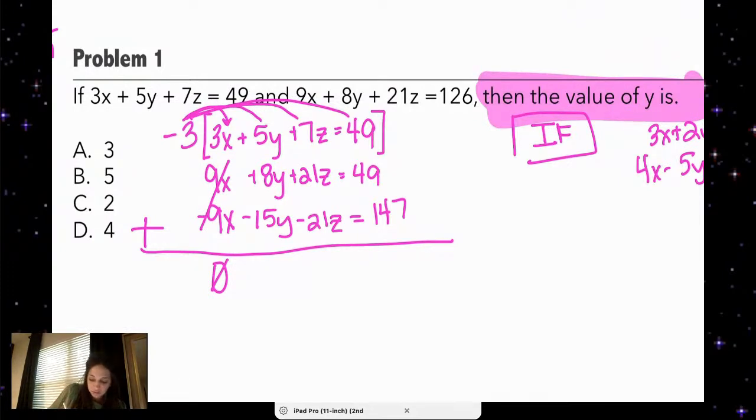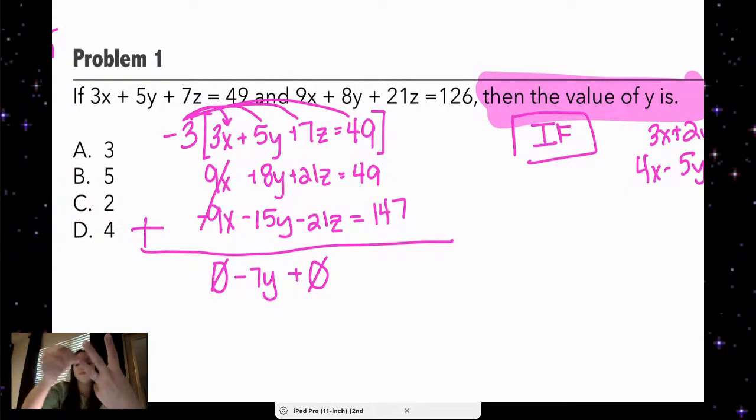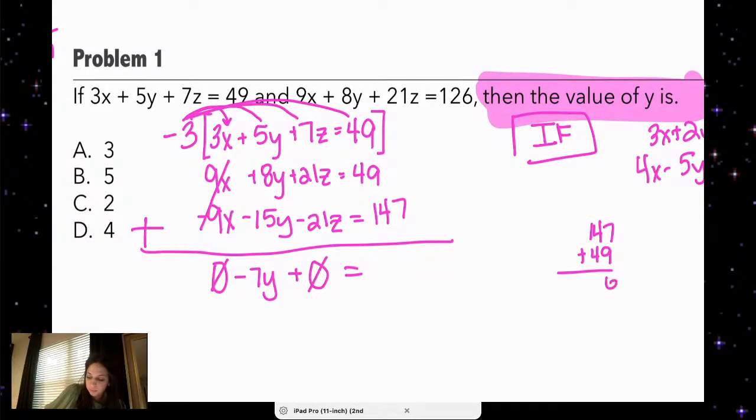8 plus negative 15 is negative 7y. 21 plus negative 21 is also 0. And now you see what happened. I was so stressed about having 3 variables, eliminating one of them and only having 2 variables, but I didn't need to stress out because it worked itself out, didn't it? Equals 147 plus 49, 196. So negative 7y equals